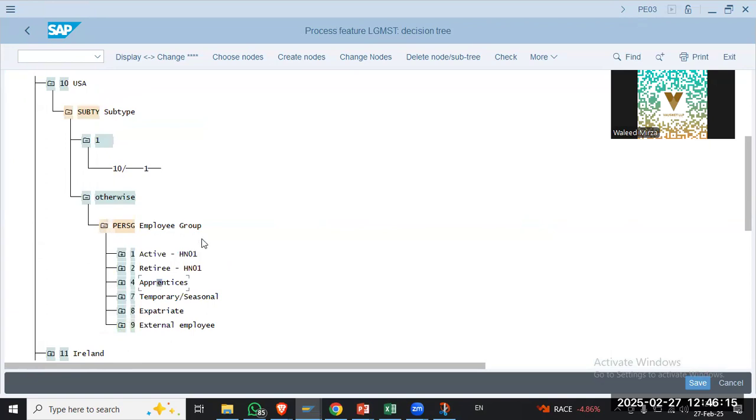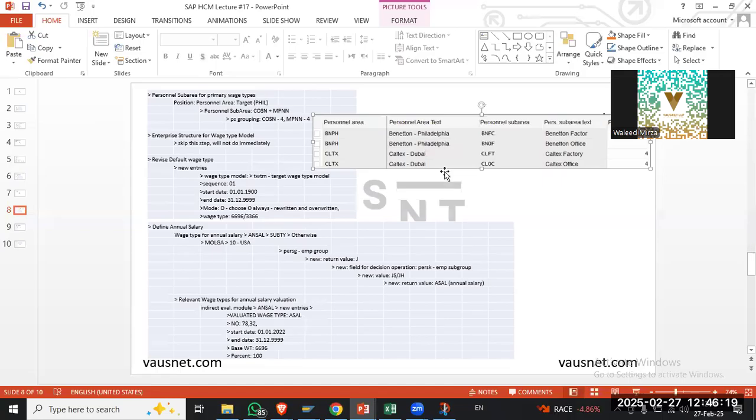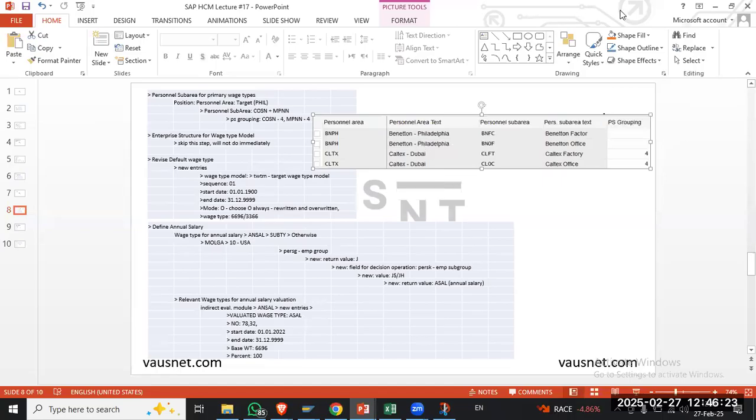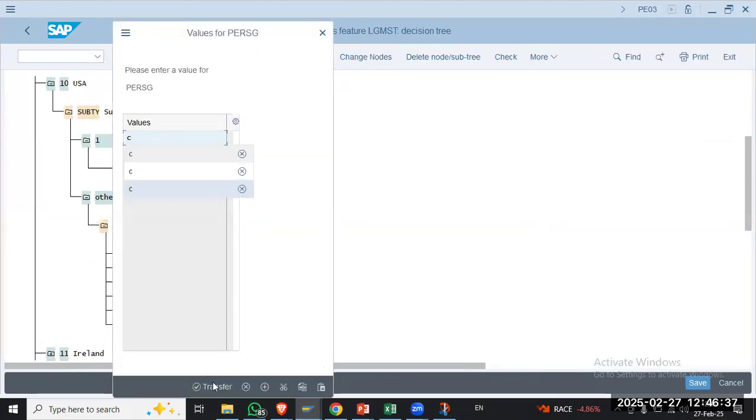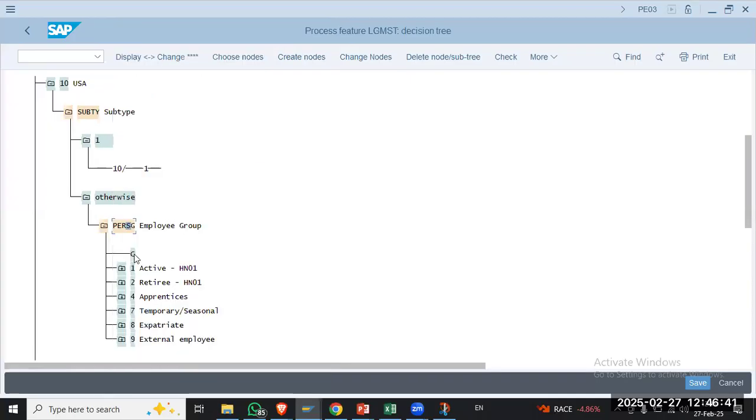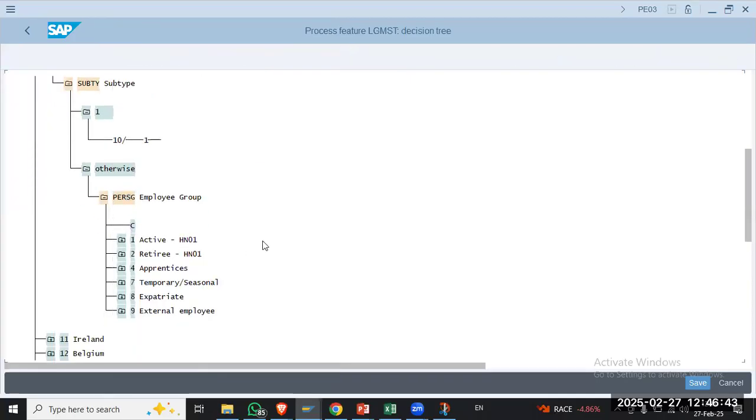We have employee group. What is our employee group? Let's have a look at that. Personnel sub-area and ours was C employee group. Okay. Create nodes C, transfer, and then